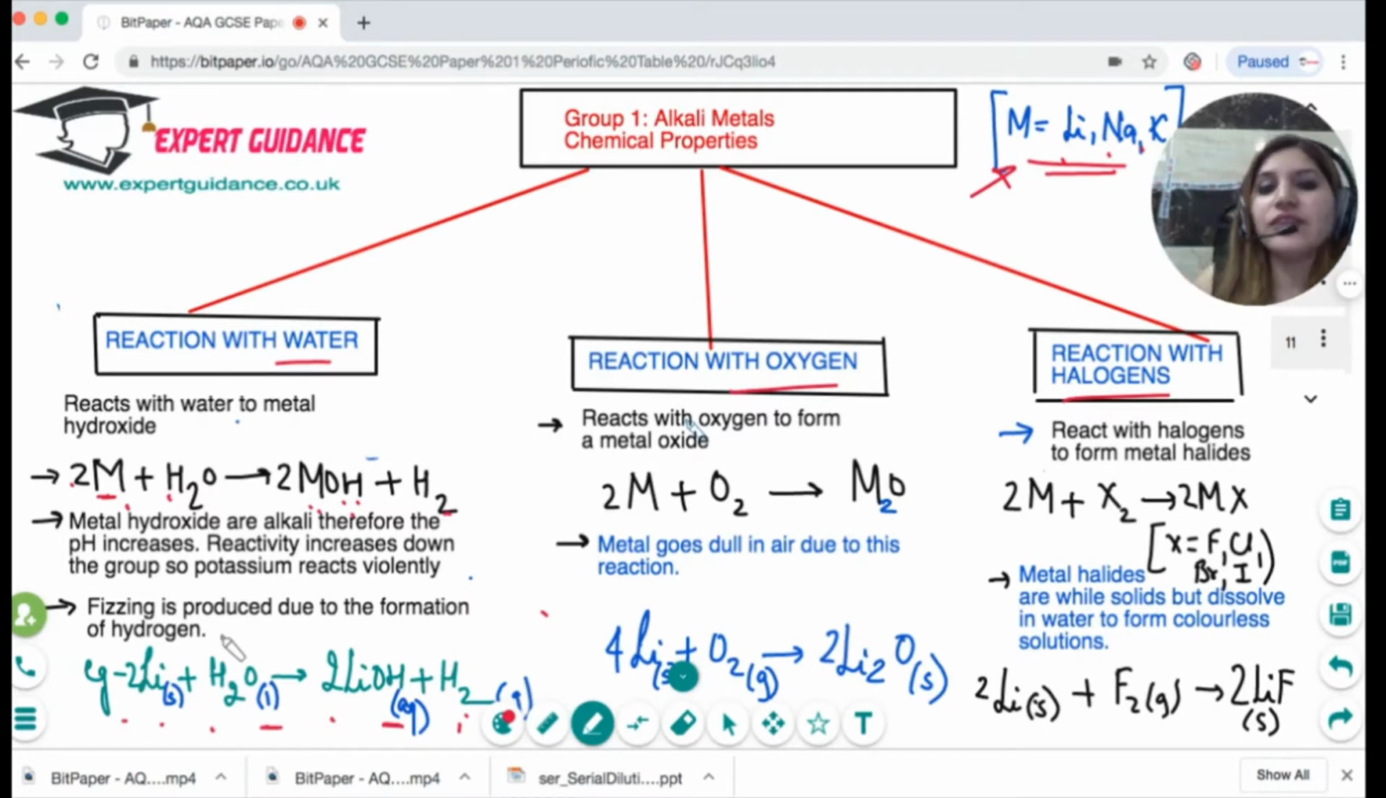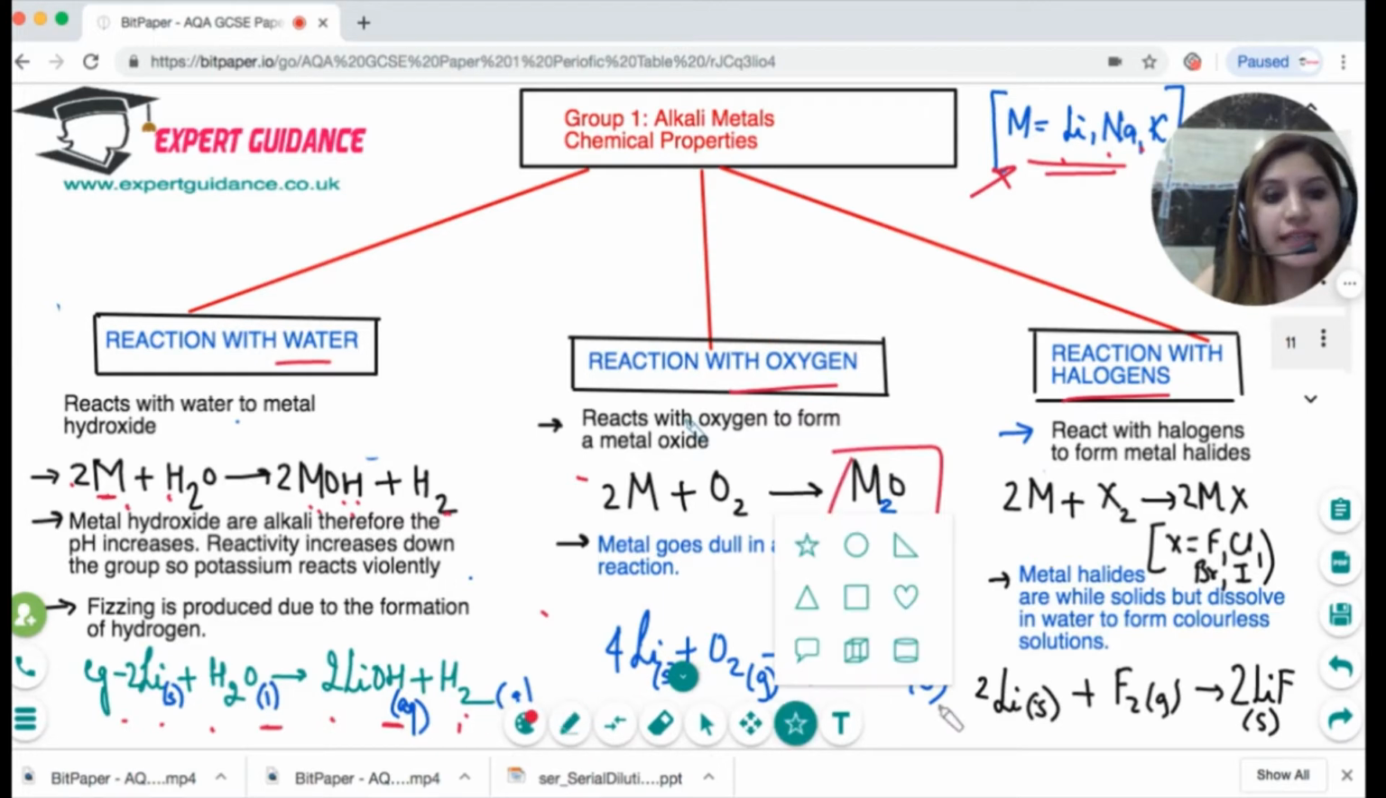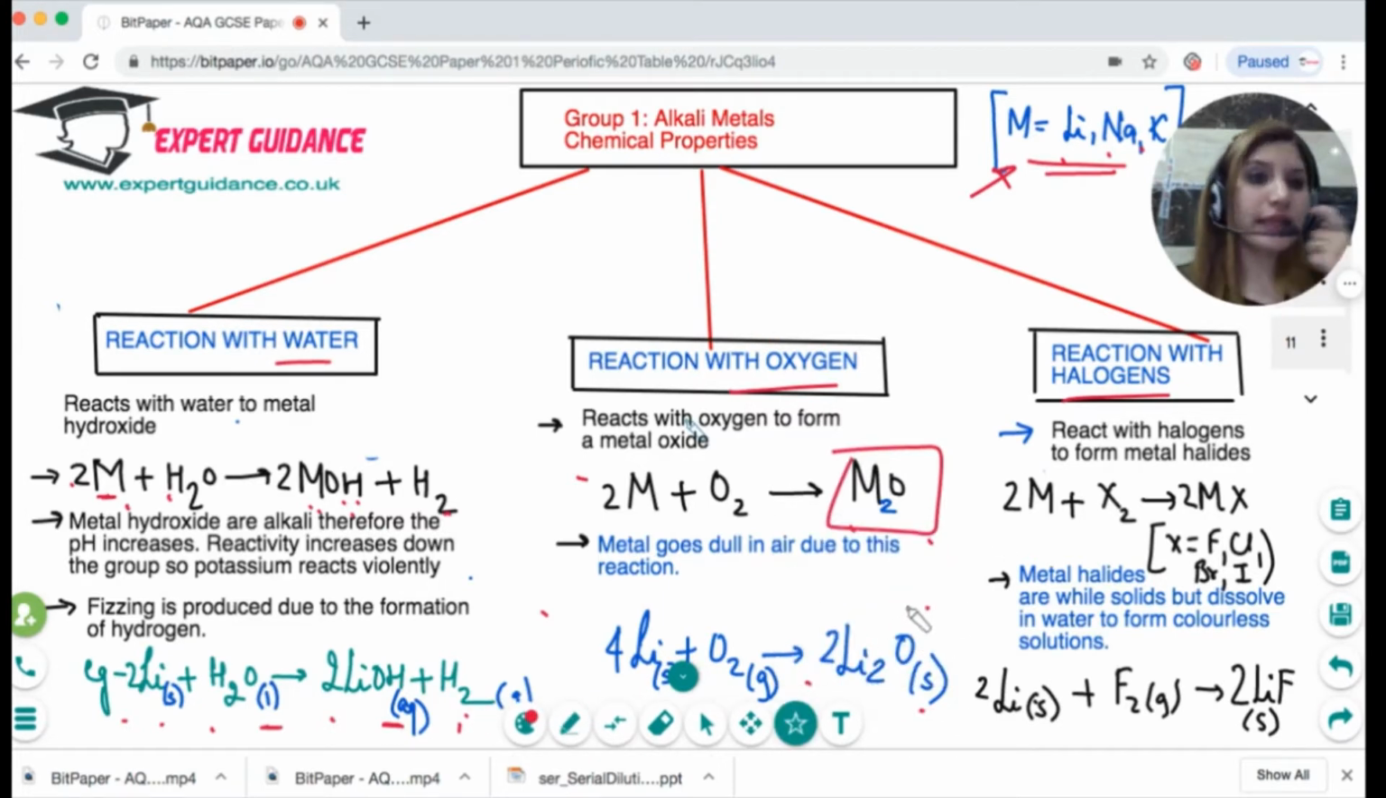When we see the reaction with oxygen, it forms metal oxides, and for the group 1 oxide, the formula is M2O. So lithium oxide is Li2O, sodium oxide is Na2O. We'll see in bonding how we determine the formulas of the ionic compound, but till then you can just remember that group 1 oxides will be of the formula M2O. So lithium, which is a solid, reacts with oxygen, which is a gas, and it forms